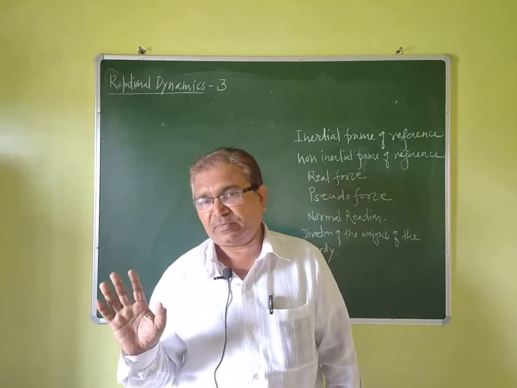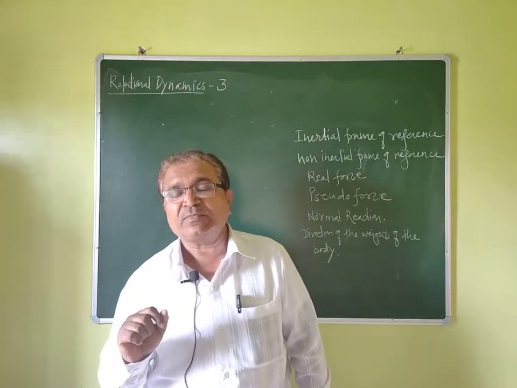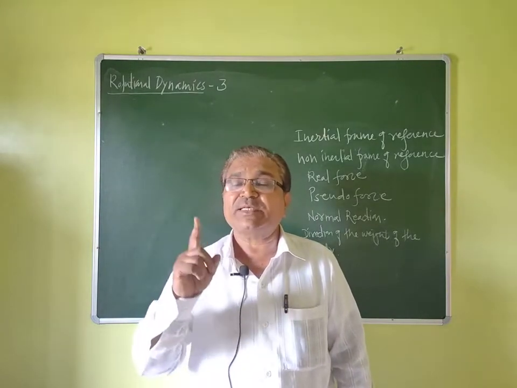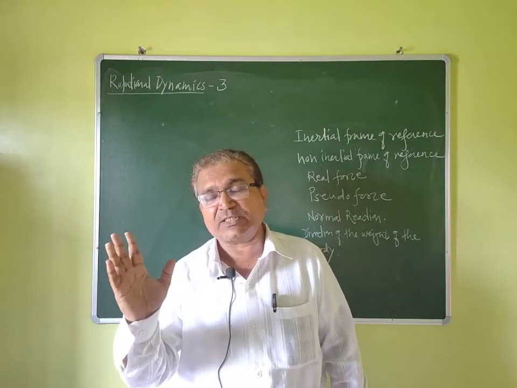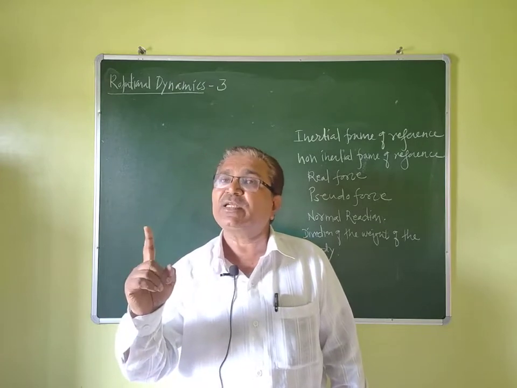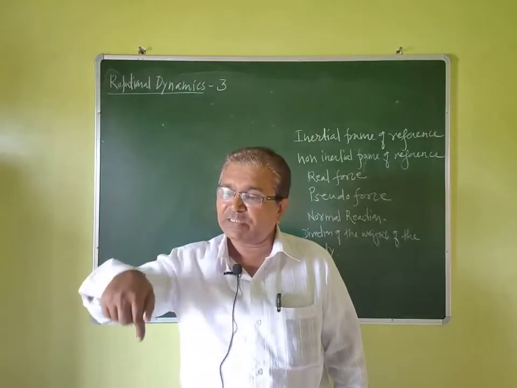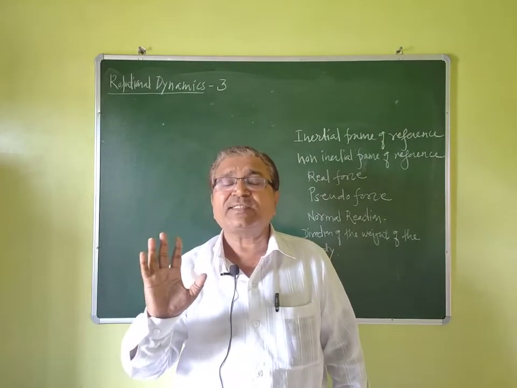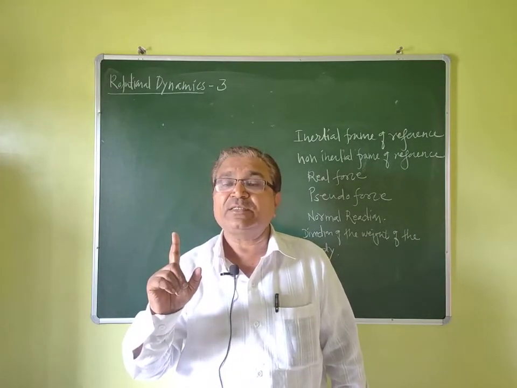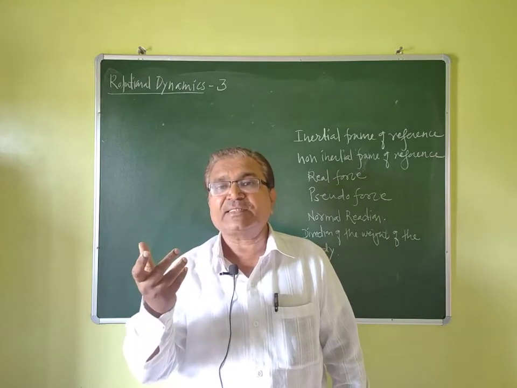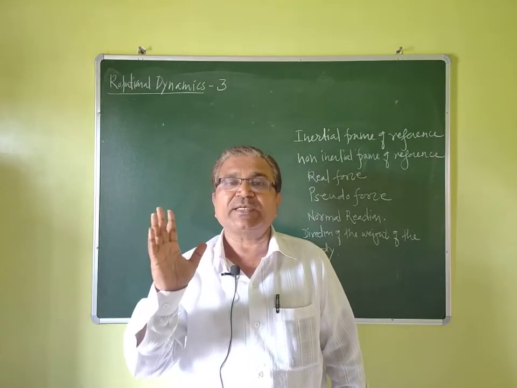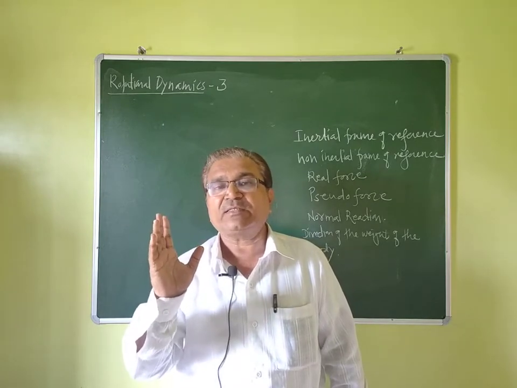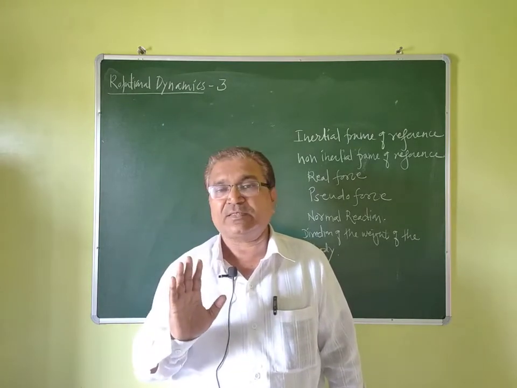So in the second lecture, we saw the most important article: how we show the direction of angular displacement, angular velocity, and angular acceleration, in which condition angular acceleration is upward, and in which condition it is downward. We saw all these things by drawing vector diagrams and showing the directions of delta theta, omega vector, delta theta vector, and alpha vector.